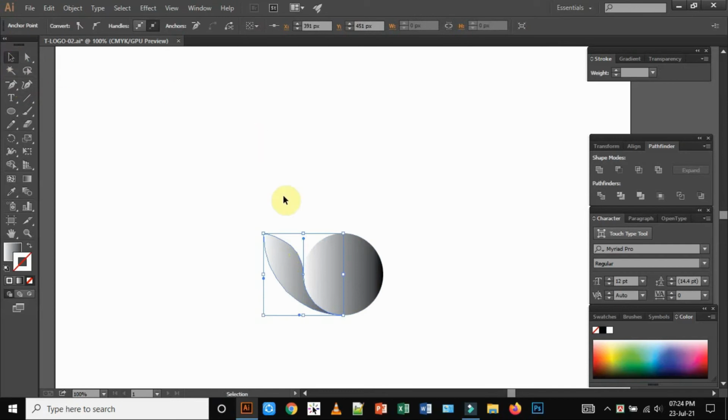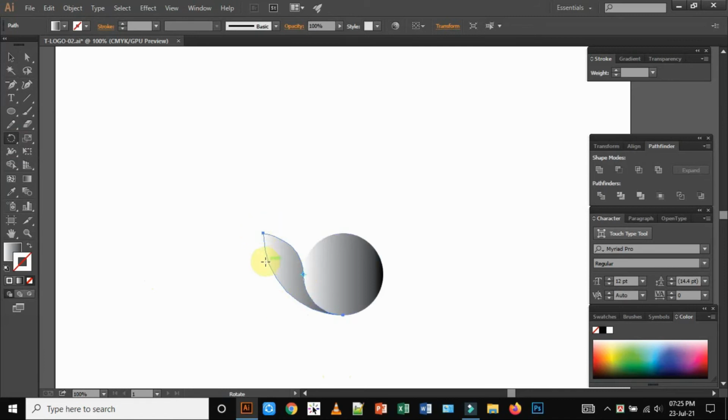After that you have to select the rotate tool. I am selecting this rotate tool. It is because by selecting this rotate tool I have to move the rotation point of this shape. I mean this shape. Where is the rotation point? I am showing you. This is, and now I am selecting the rotate tool and see, this is the rotation point